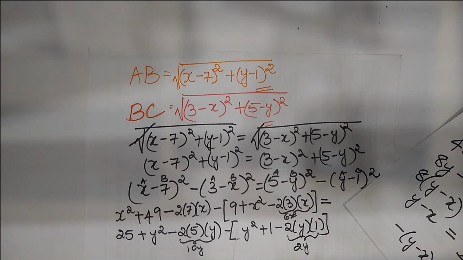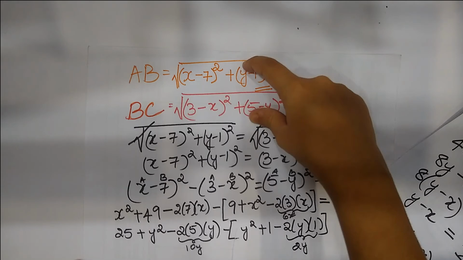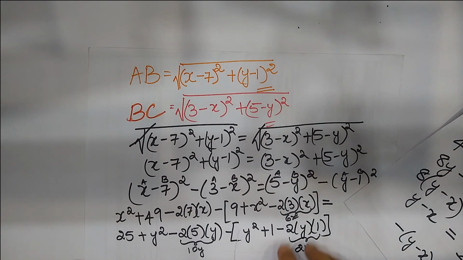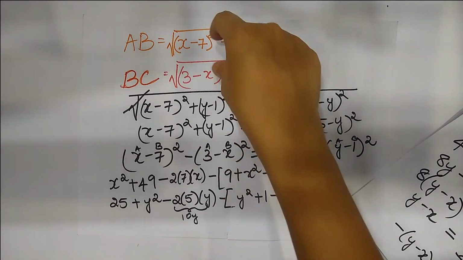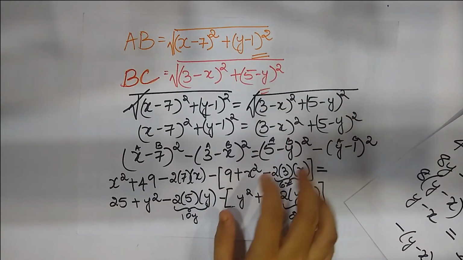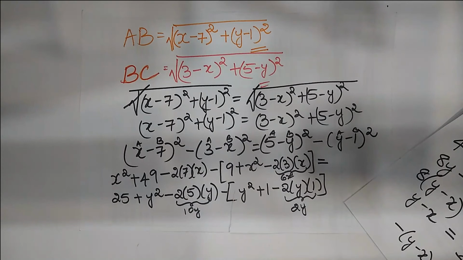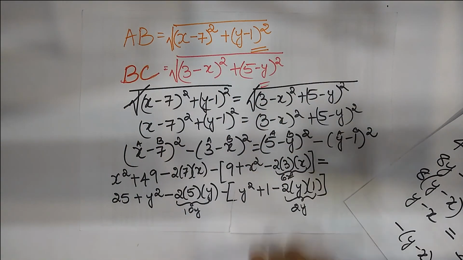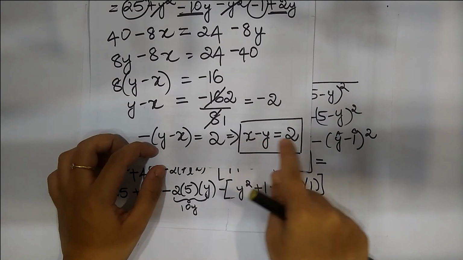Then we used the distance formula to find AB. Then we used the distance formula to find BC. Now these two had a few variables like x and y in them. So we could not go further to find out the number, because we have to find out the relation, right? We don't have to find out the distance here, but the relation. We find the distance only to get the equations here. So we took AB, then we took BC. Now we know that AB is equal to BC. So AB is here, BC is here. We go on further calculating using A minus B the whole square as well. And then finally you get your equation as x minus y is equal to 2.